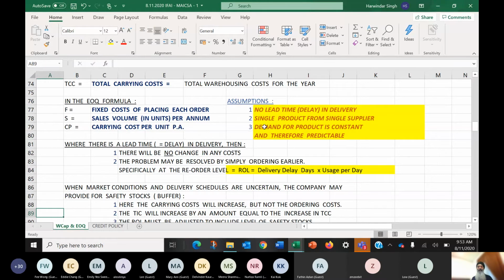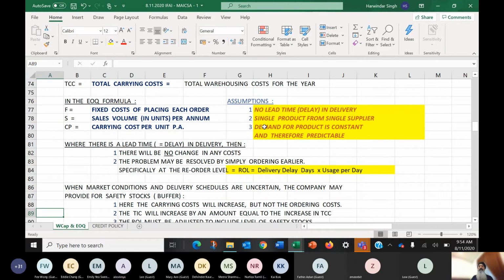So you can make some adjustments to the model. Actually, the adjustment is very simple. The model assumes no lead time. If you want to bring in lead time, you just calculate what we call a reorder level. When it reaches a certain level, you place the order straight away. So if you're going to get your stuff in 3 weeks' time, you order 3 weeks earlier. That's all. It doesn't impact the model much. It's an assumption which is not true, but which is not critical also.